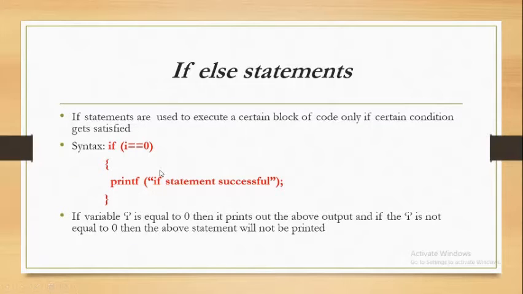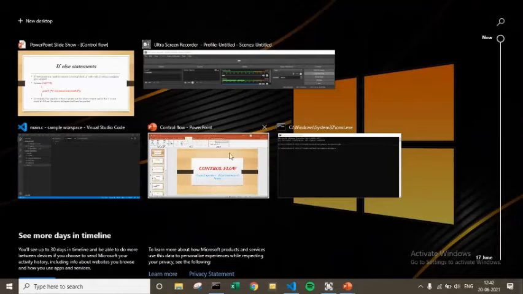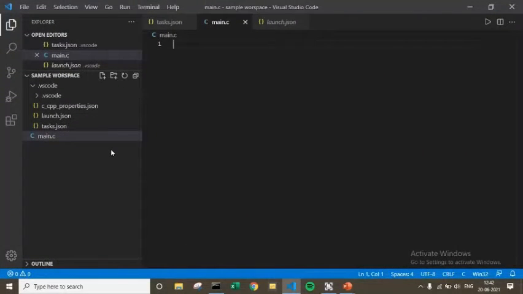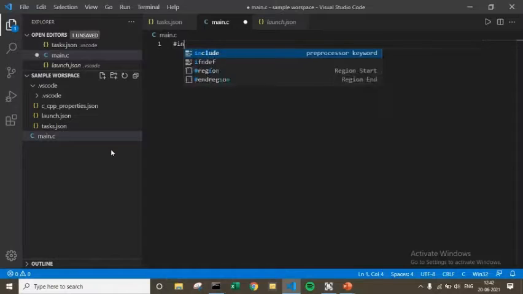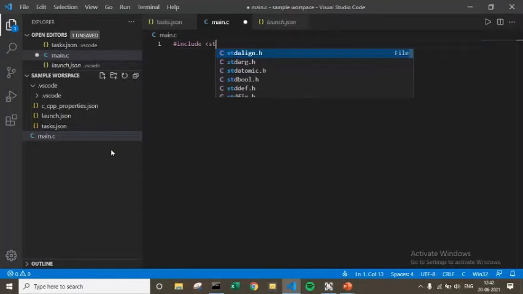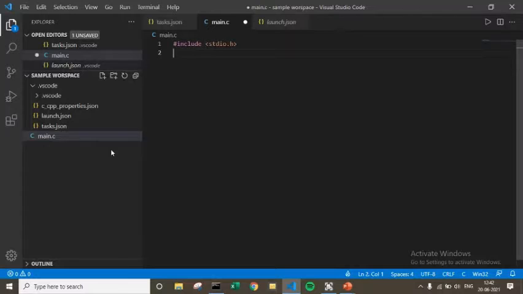So you will not understand completely like this, hence let's go to our IDE, that is Visual Studio Code, and do some operations. So let's include our header file firstly, that is something we have to do, and our main routine, return 0.